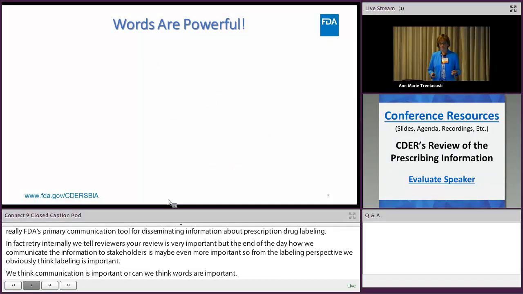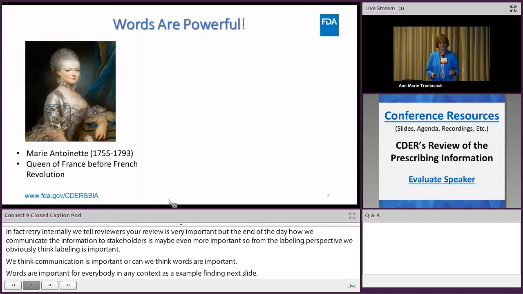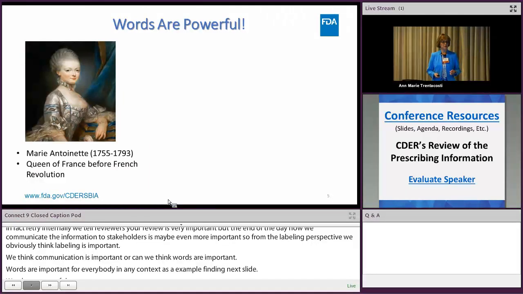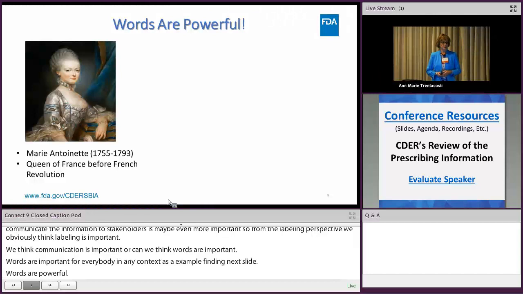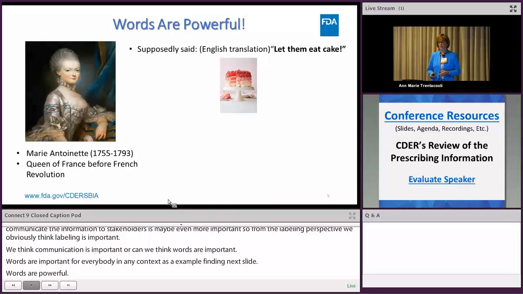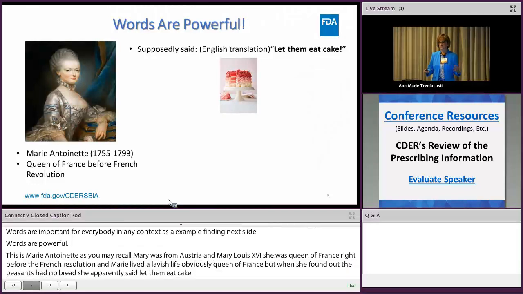Words are powerful. This is Marie Antoinette. As you may recall, Marie was from Austria and married Louis XVI. She was Queen of France right before the French Revolution. Marie lived a lavish life, obviously, as Queen of France. But when she found out that the peasants had no bread, she apparently said, "Let them eat cake." Well, this did not go over well with the French people. And this term began to symbolize the dislike that the people had for the monarchy. And as you may recall, this fueled the fire, and what ended up happening was the French Revolution,